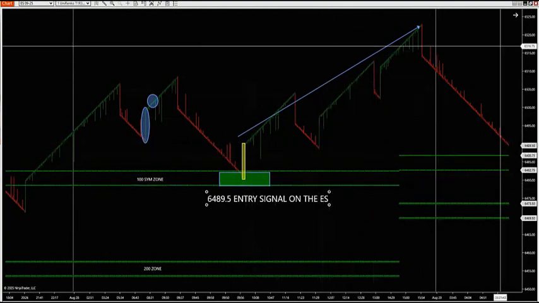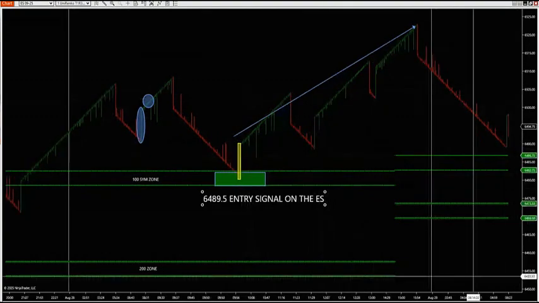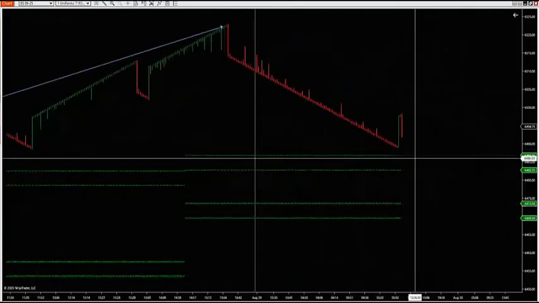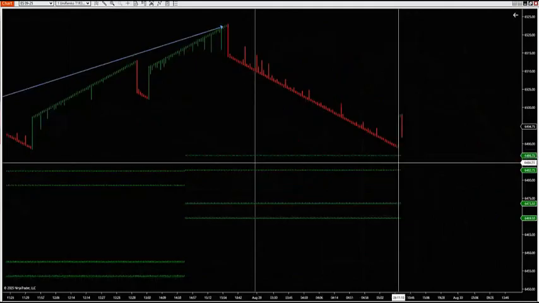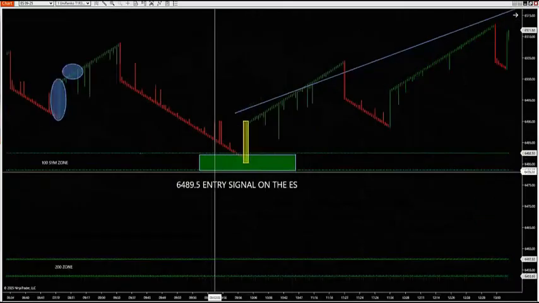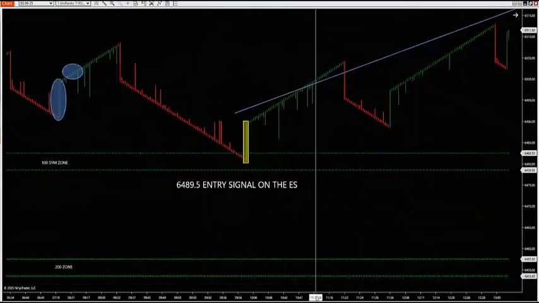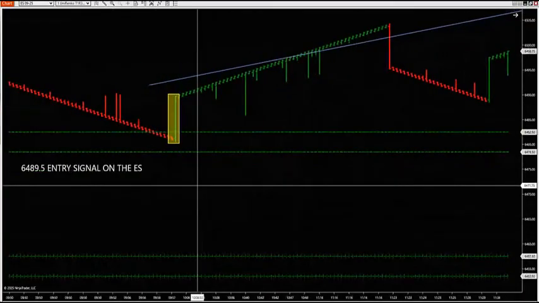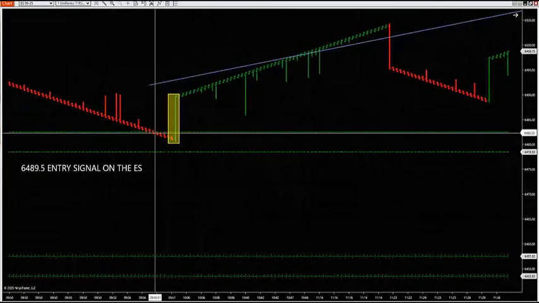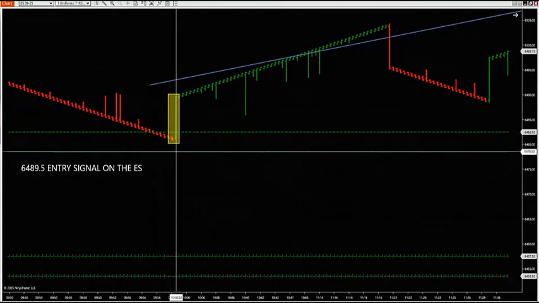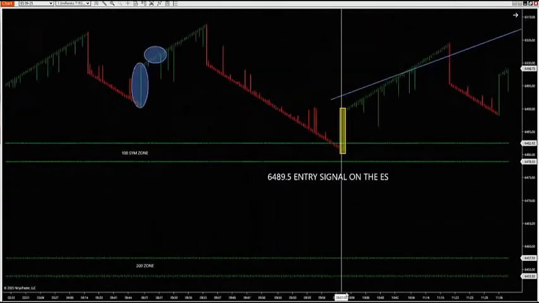outside these zones. So if I look at today, where's my zones today? My zones today, right there. You can't get long at this zone because it's not inside the zone. You have to get inside of the zone and reverse inside the zone. That's how accurate these zones are. You have to get inside of it, add it or close inside of it, and then give us a reversal candle. It cannot close outside the zone. Don't make it any more difficult than that.